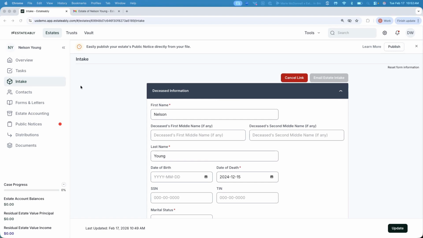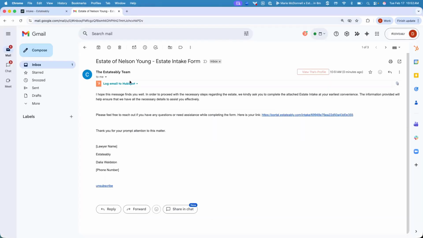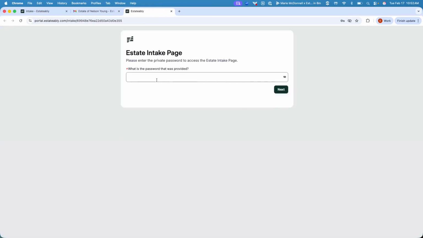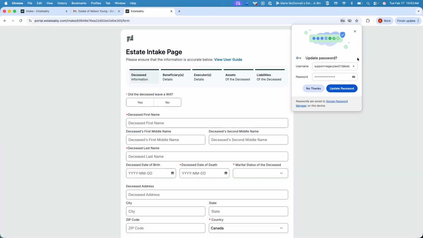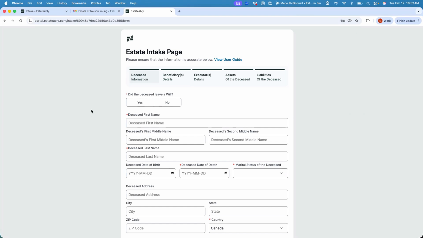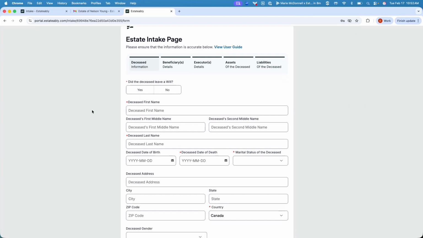As your client, I've now received my email. I'm going to go ahead and click on the link that I was sent. Here, I'll be able to enter the password that I was provided, and then click on Next. I'll then be able to enter all the information that I know, if the deceased left a will or not,